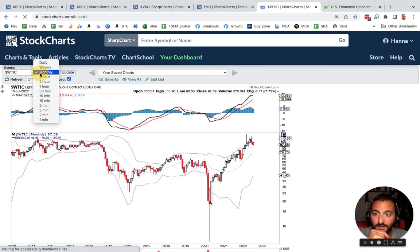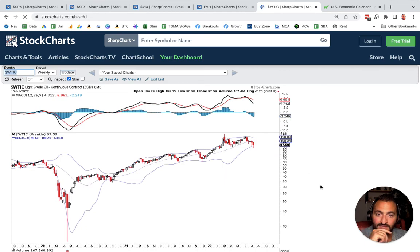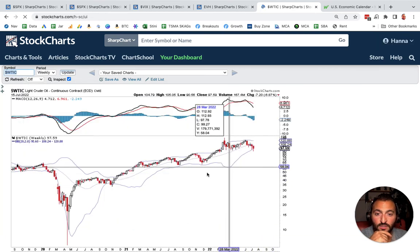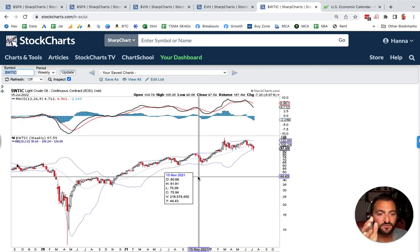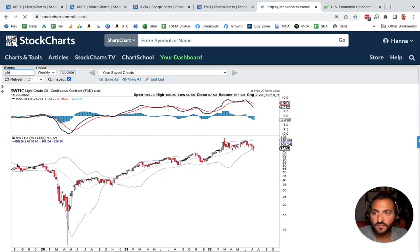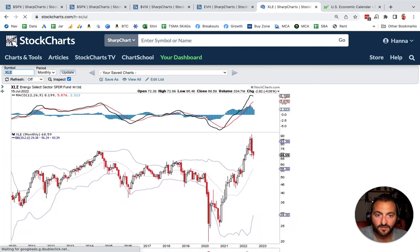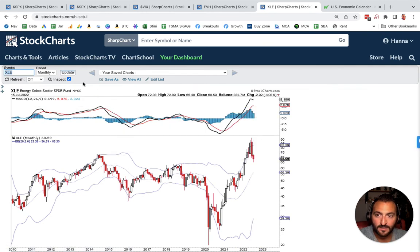But if you go to the monthly chart, it's still quite bearish. And on the weekly chart, it's still quite bearish. So there might be a relief bounce. I'm still a seller in energy on any bounce. Another good example is XLE. On the monthly chart, it's very, very bearish. That's a bearish engulfing. And on the daily chart, we're seeing some